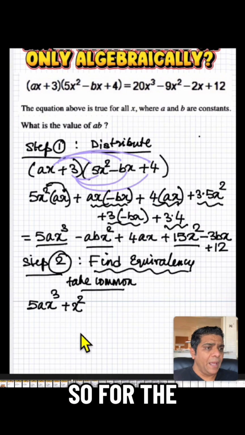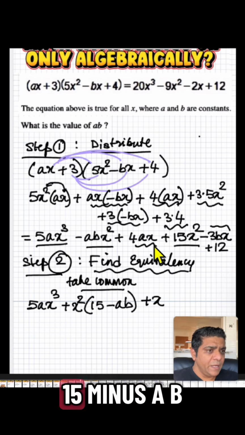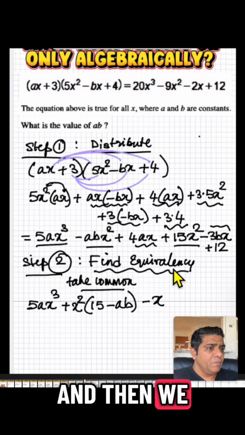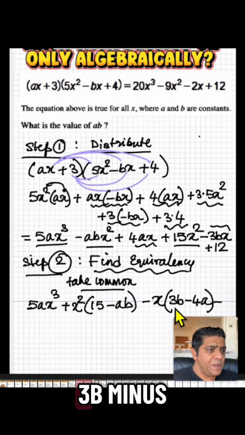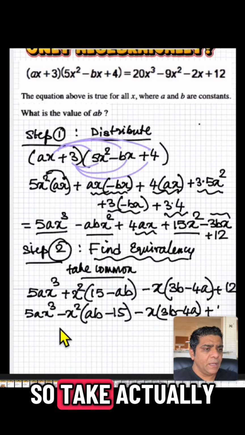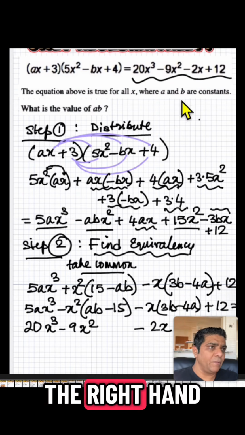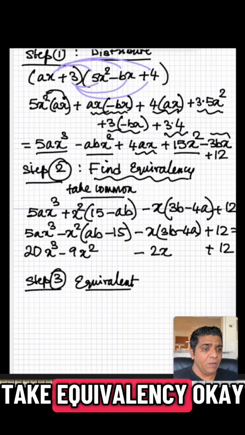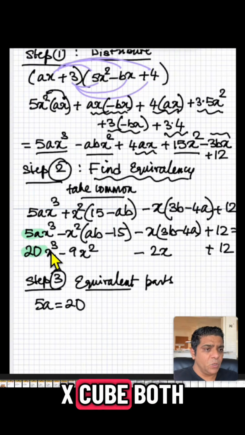Okay, so let's go ahead and take common. For the x squared, we'll take x squared common between these two. So x squared, when we take common, we get 15 minus ab. And then we can take negative x common between these two terms, and we are going to get 3b minus 4, and then plus 12. So I'm going to write this as negative because we have a negative here. I'm going to write the original, the one on the right hand side, below that, so we can take equivalency. Okay, equivalent parts. So we can set 20 equals 5a because we have x cubed in both of them,